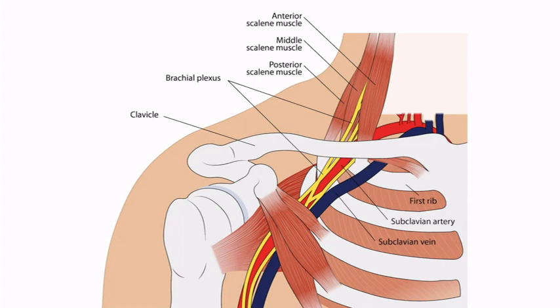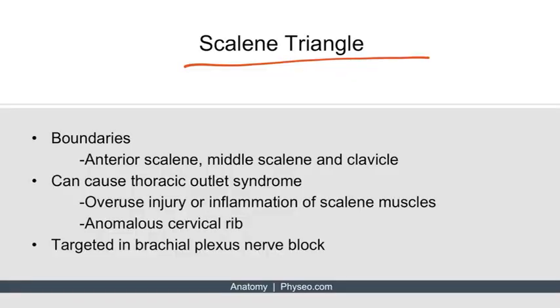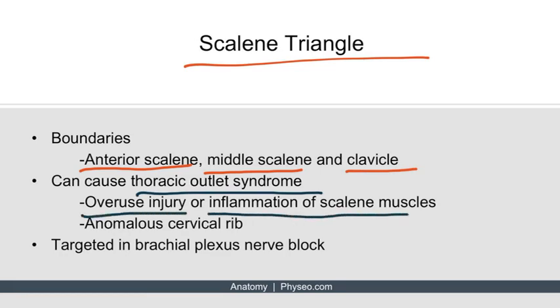Now let's talk about the scalene triangle. To see this region, we need to look above the clavicle. The scalene triangle is bordered by the anterior scalene and the middle scalene muscles. And of course, the inferior border of the triangle is the clavicle, as we pointed out on the previous image. This region can also cause thoracic outlet syndrome, and that's because the brachial plexus runs through it. And this thoracic outlet syndrome can occur from overuse injury or inflammation of those scalene muscles, either of which can